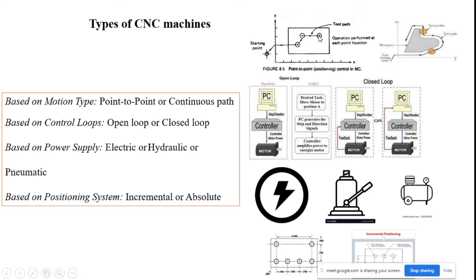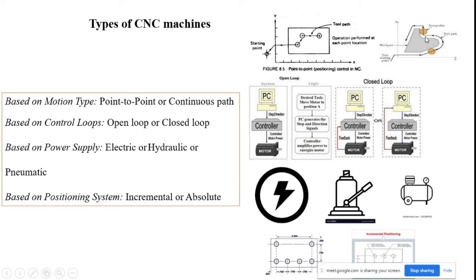So the tool spindle has a tool path and operates on 3 different points. The operations are performed at each point location available in this diagram, and then the tool motion can be controlled with the continuous path. Here you see the tool is not moved with the continuous motion, it is point to point motion. Here the tool is moved continuously. Here you see the tool starting point. After that, in the direction of this line, the tool moves along that pathway.